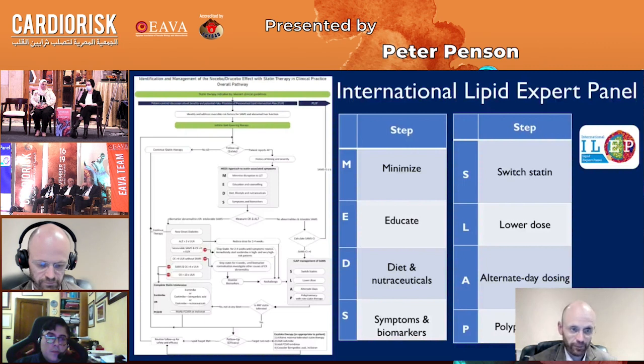decision about their treatment. D stands for diet and nutraceuticals, which can be important in the management of plasma lipids. And S stands for the fact that we have to consider symptoms and biomarkers to really get to the bottom of the adverse effects in a really objective way. So we measure creatine kinase and ALT, and if those are abnormal, then we have a series of approaches that we can take to consider